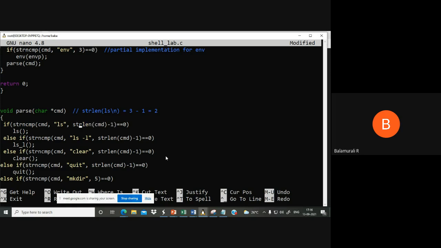So after subtracting 1 from the length of the string, we check whether it is equal to 0. So it will be equal to 0 if this command is ls. Otherwise, it won't be 0. In that case, we are calling the function ls. Okay. Else if,